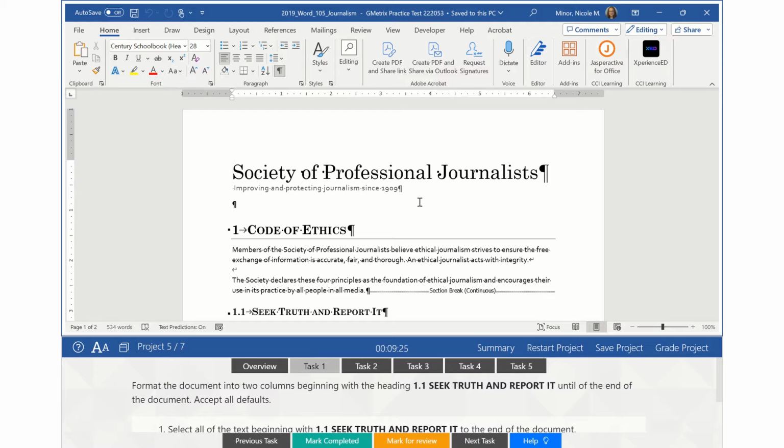Okay, we are going to format the document into 2 columns, beginning with the heading 1.1 Seek Truth and Report It until the end of the document. And we're going to accept all defaults. Hope you remember the last time we talked about defaults. That just means it's standard, that whatever it comes with, those are the defaults, so we're not going to change